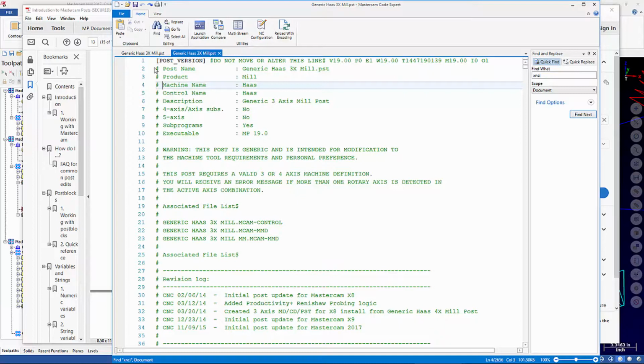After the post version line, we have a series of comments. You should always go through and read these comments in any post that you're working on. I mean, it's not critical, but I really recommend it. And the reason being that you can often gain some knowledge about how the post is set up or different functions that are available. So as we go through and read this, post name, generic Haas 3x mil, product mil,